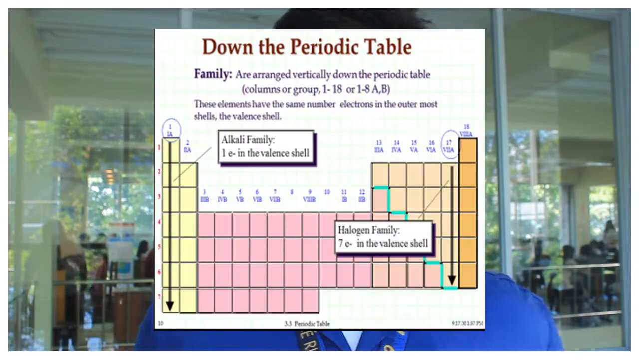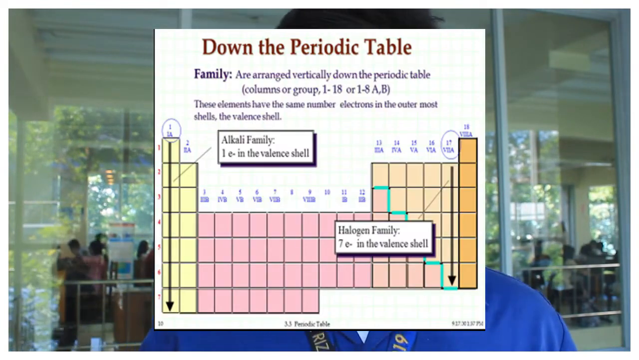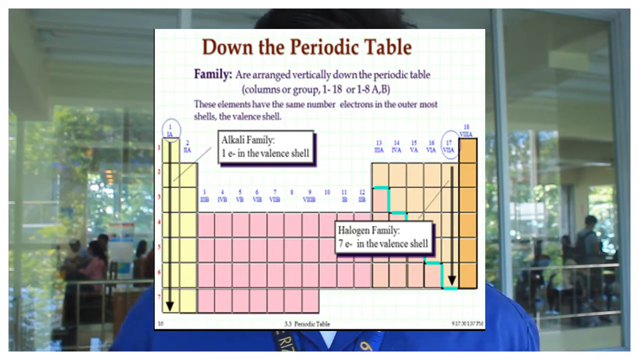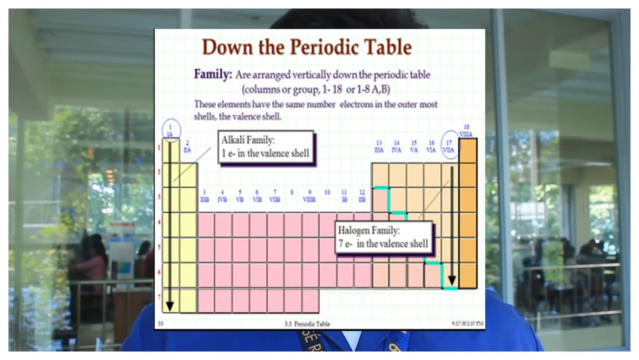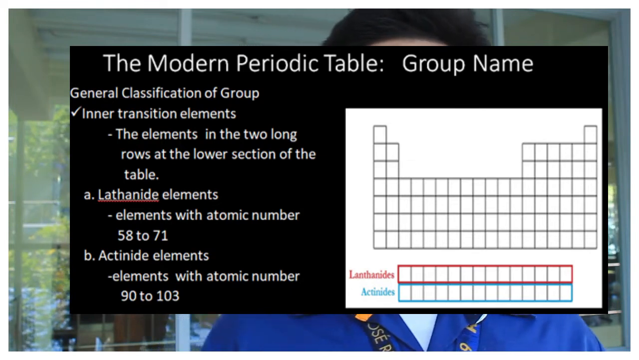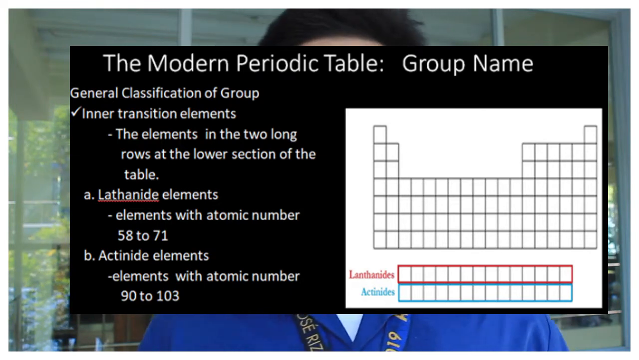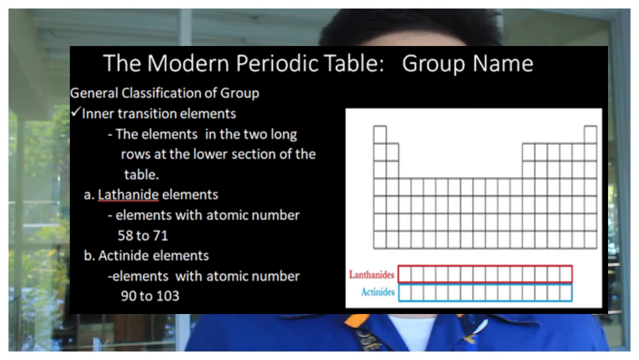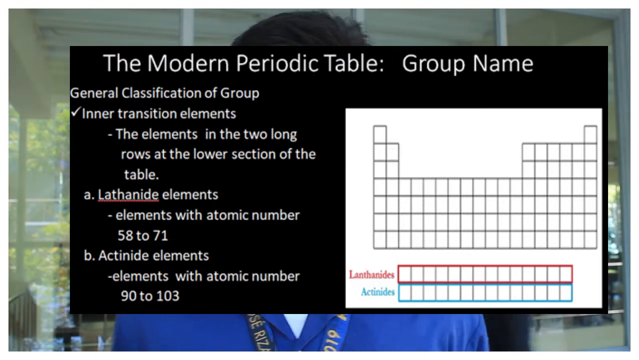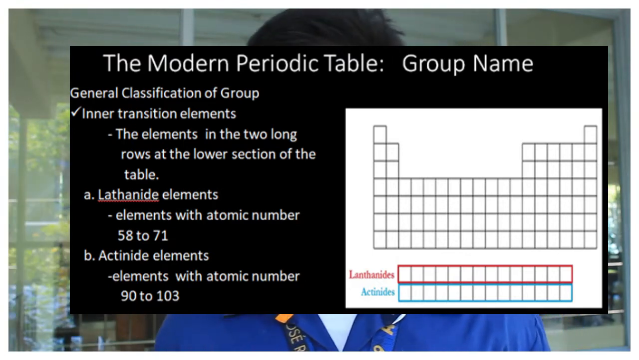The columns, or vertical arrangement, are called families or groups. The International Union of Pure and Applied Chemistry assigned numbers sequentially from 1 to 18 to the groups. The modern periodic table is classified into 3 general groups. Group A, which are representative or main elements. Group B, or transition elements. And the inner transition elements are the 2 long rows located at the lower portion of the periodic table. The inner transition elements consist of platinite, which are